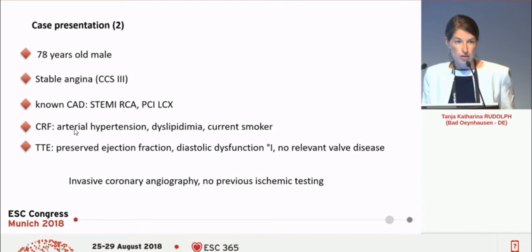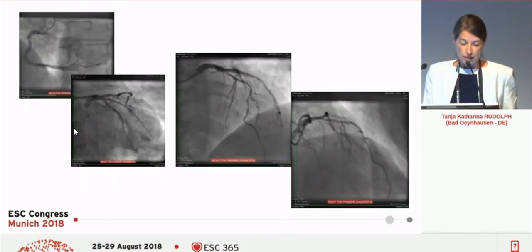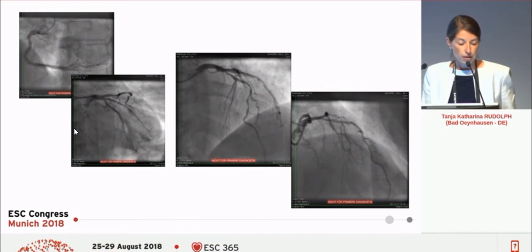Nothing really special on the echo. And again, he was sent directly to invasive coronary angiography and no previous ischemic testing. And here is the angiography of this patient. You see that the right coronary artery did not have any significant stenosis here on the angiogram, and also the circumflex did not have any significant stenosis, and so there was also